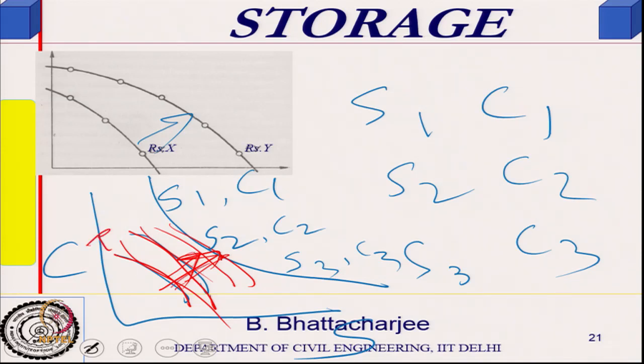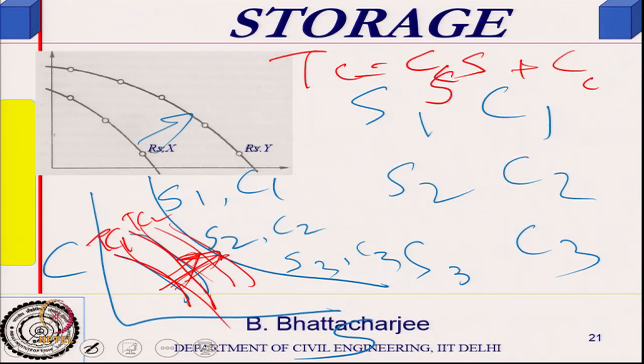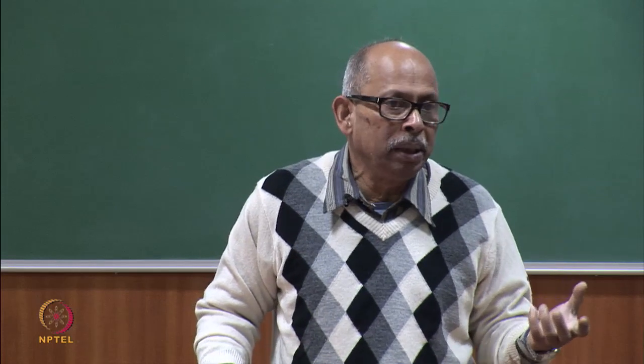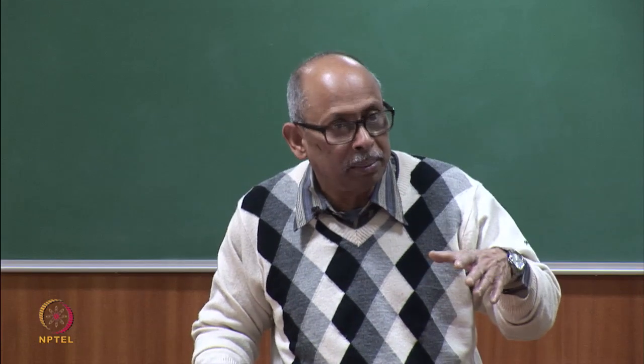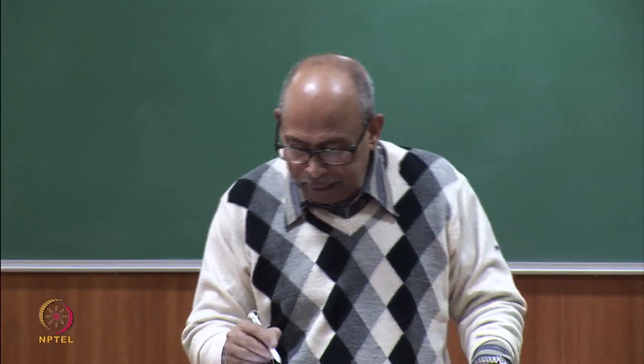So cost increases TC1, TC2, because TC is a function of some unit cost multiplied by S, Cs into S and Cc into C if it is linear. If it is parabolic, or something else, it may not increase linearly with supply rate. It will depend upon the pipe sizing and motor size. If you want to increase the supply rate, motor size and pipe sizing have to increase, and storage capacity has to increase. So they may or may not be linear.